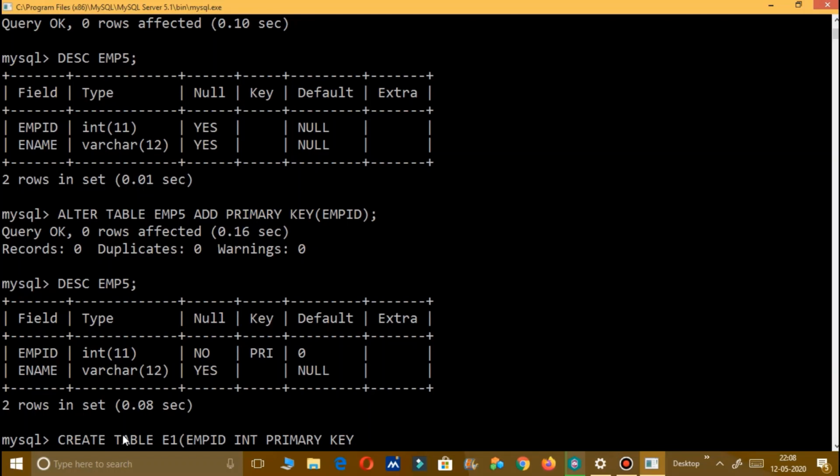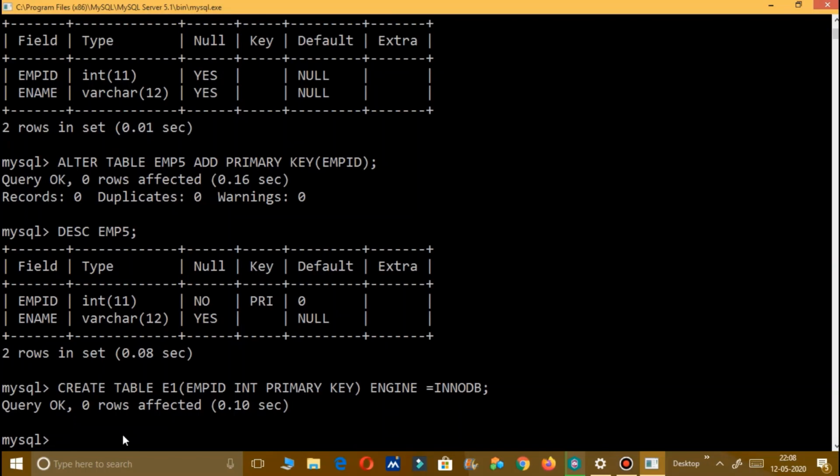Fine, only one field I am taking, just a small table. After that, to get it connected with the database, we need to write ENGINE. This is your storage engine, and we want to change it. Initially it was ISAM, now we want to make it INNODB. This will help me to implement my database foreign key concept.